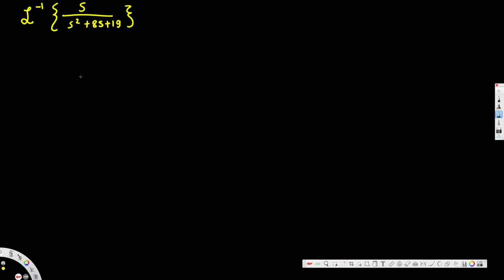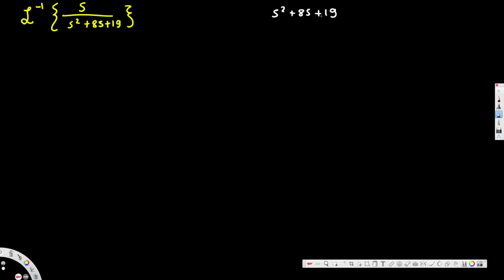In this video we are going to see how to find the Laplace inverse of s over s square plus 8s plus 19. Now first of all, you have to see whether you can factor the denominator. Here this denominator is not factorable, so we can complete the square and then do the factor. So if we complete the square, here we have s square plus 8s plus 19,